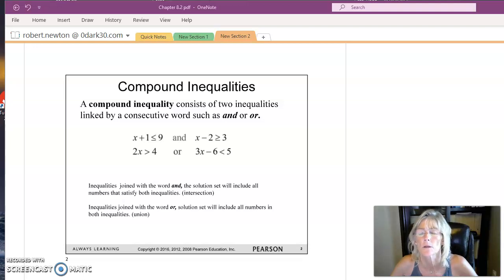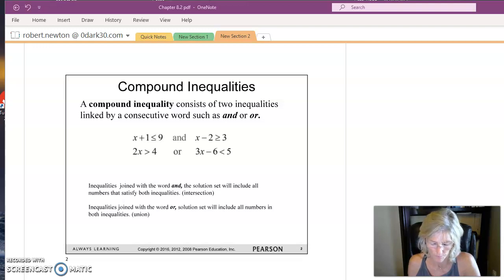Okay, today we're going to talk about compound inequalities. We've talked a little bit about inequalities, and these consist of the words and or. So there's two inequalities joined by a word, so that's compound. So the first one, when the compound inequality is,